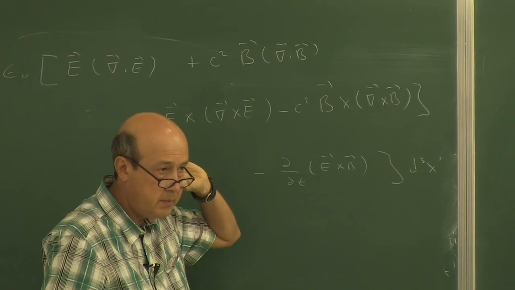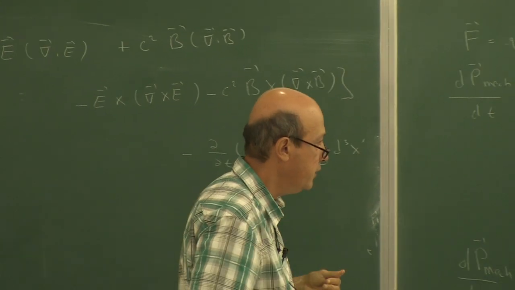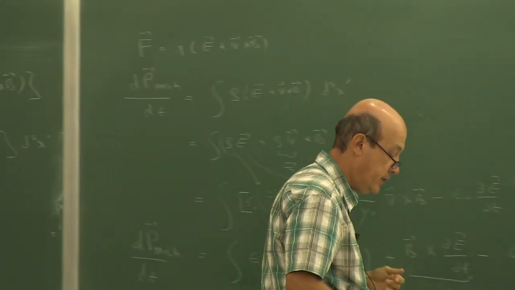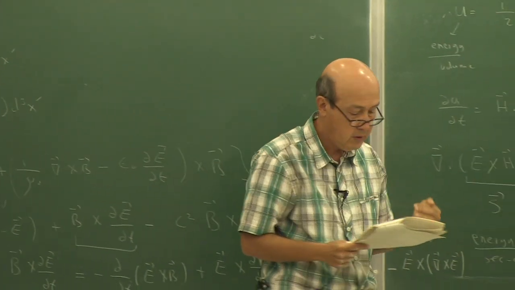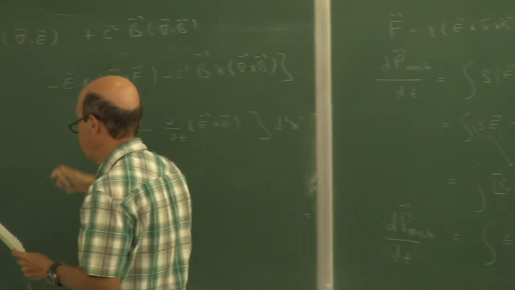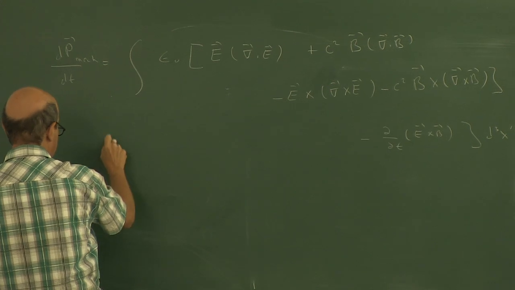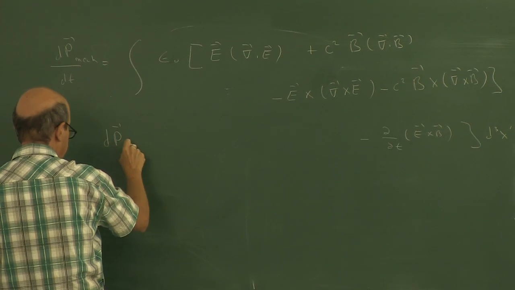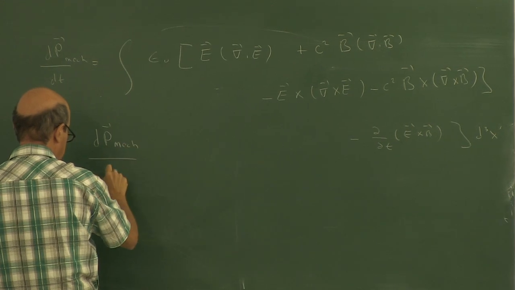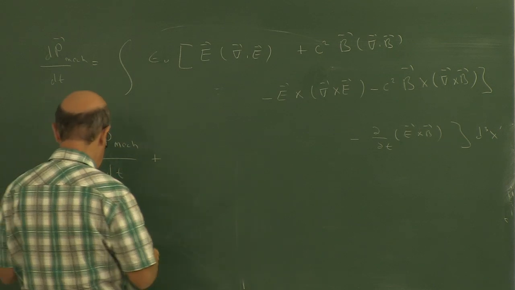What is E cross B? It is related to the Poynting vector. Actually, E cross H is the Poynting vector. So let me take this to the left hand side. The left hand side will be dp mechanical over dt,